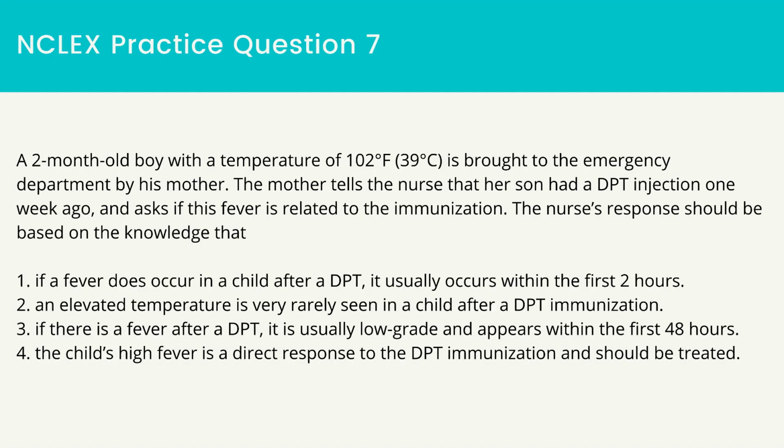A 2-month-old boy with a temperature of 102 degrees Fahrenheit, 39 degrees Celsius, is brought to the emergency department by his mother. The mother tells the nurse that her son had a DPT injection 1 week ago, and asks if this fever is related to the immunization. The nurse's response should be based on the knowledge that